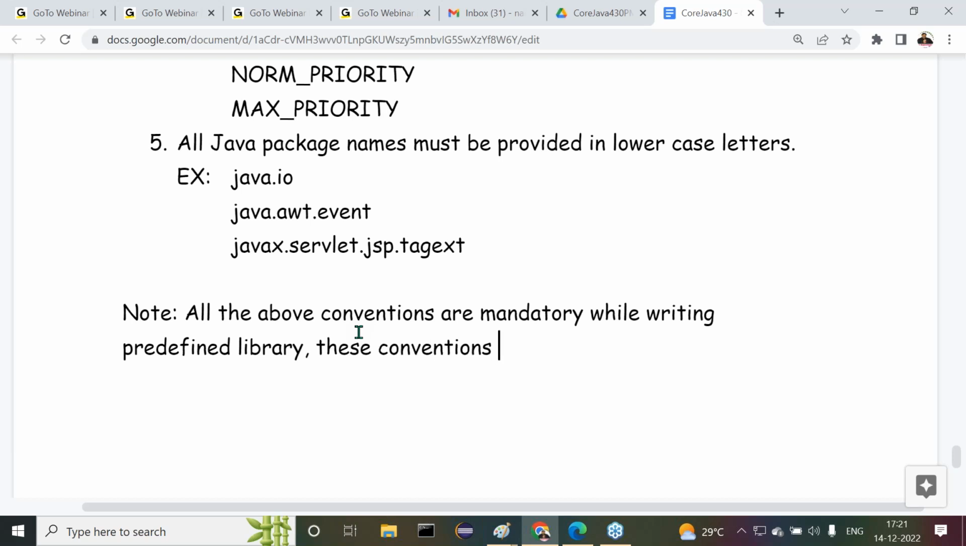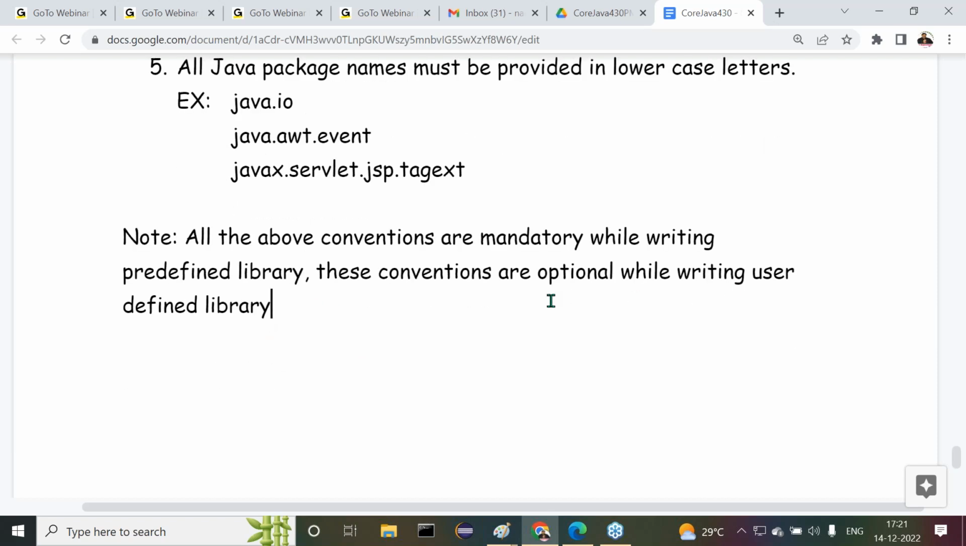These conventions are optional while writing a user-defined library. User-defined library means our own classes, our own interfaces, our own variables, our own methods. Whenever we are writing those, these conventions are not mandatory, they are optional, we can even violate them. But what's the point I'm telling there? But these conventions are